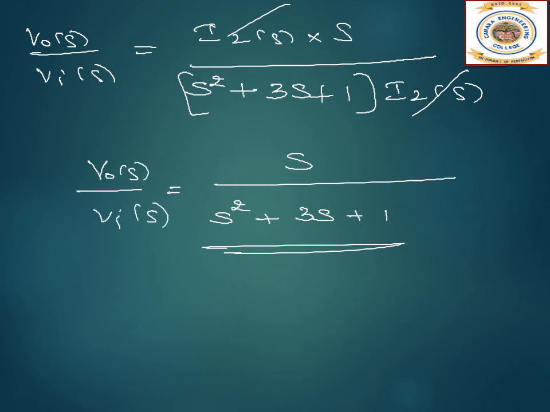So we have worked out 4 numericals on electrical systems. First you have to draw or redraw the circuit with the Laplace equivalent. If a capacitor and inductor are given, it will be easier to apply KVL. Once you apply KVL, you have to write for V naught and Vi of S. Once you get the two equations, just take the ratio of V naught of S by Vi of S. In case you have a capacitor and inductor in series or parallel, first you can solve it, then represent it in the form of impedance Z. It will be easier for you to work out the problem.